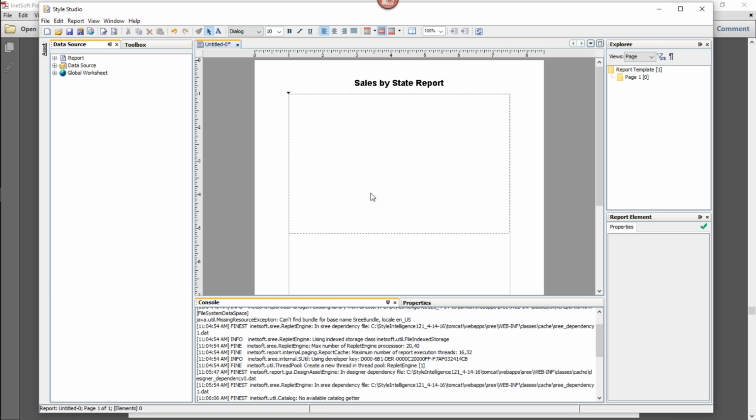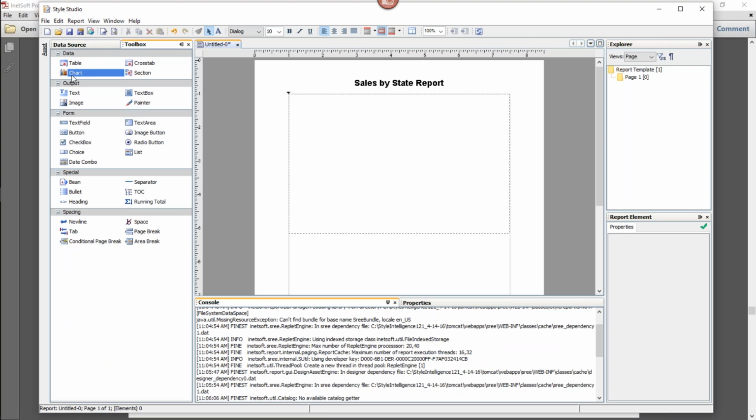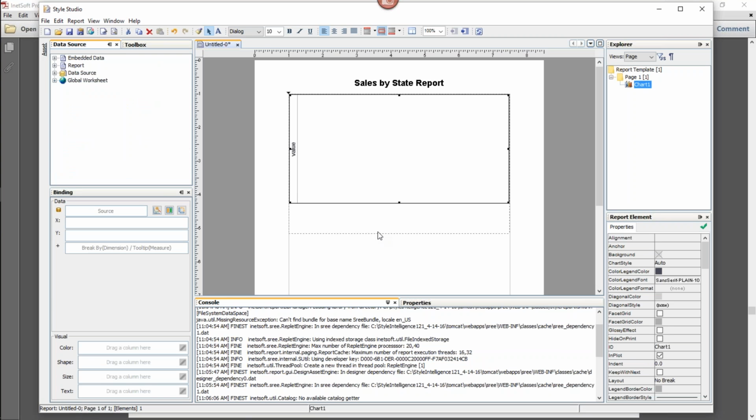Otherwise you might get surprised if you're not aware where that insertion point is and you click to add a new component. It might pop in to the report in a location that is not where you want. Of course you can always move it or cut and paste it or whatever. But anyway, let's go back to the toolbox and we'll find a chart component, and I'll just drag that chart component into the body of the report.